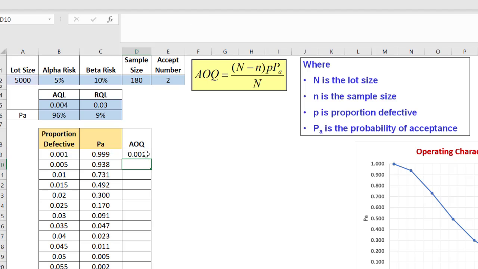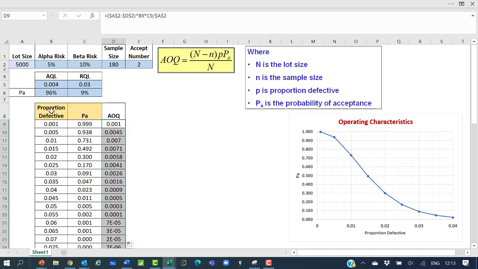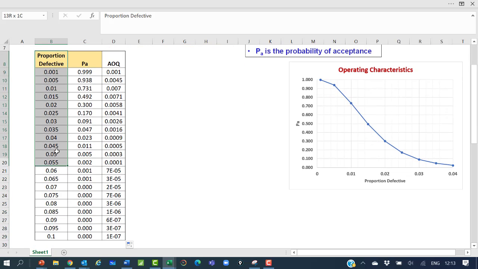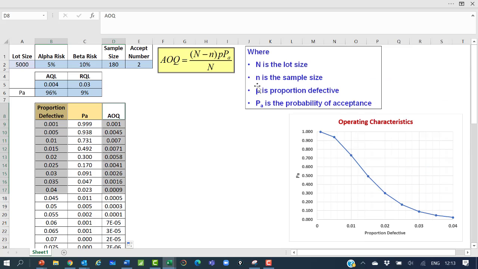That gives me a value of AOQ of 0.001, and I can copy this formula. Now for different proportion defective values I can probably go only up to 0.04. We don't need to go further. Let us try up to 0.04, that is up to 4%, and again we can